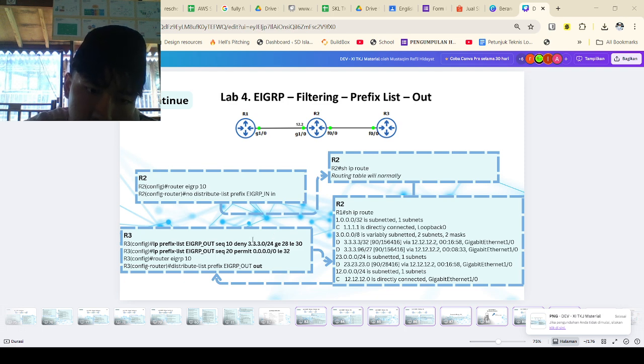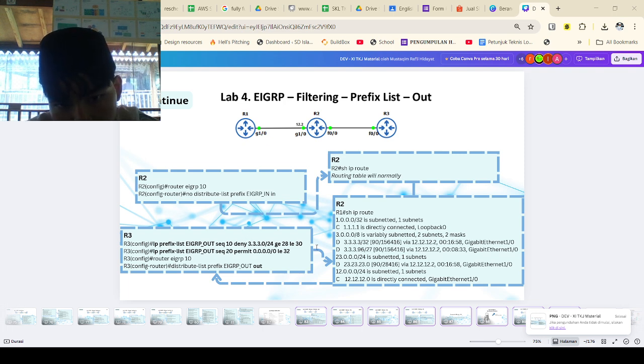So for a simple breakdown, I'll just give you an analogy. Imagine R3 is a shopkeeper who writes a daily inventory, like the route list, and sends it to the regional warehouse, the R2.